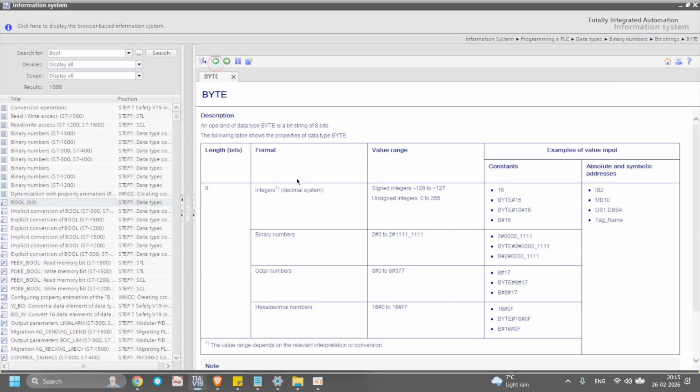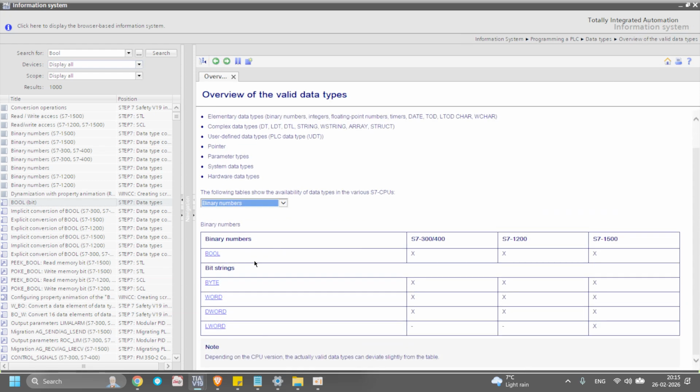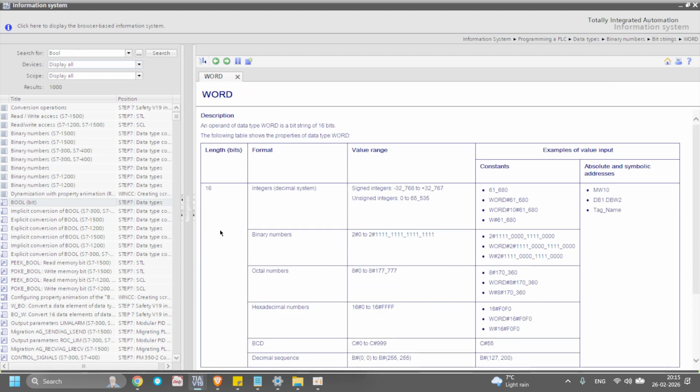If you are using the signed one, it will be minus 128 to plus 127. Unsigned means 0 to 255. Next, we go with word. Word has 16 bits, which is 2 bytes. So you can see it is 16 bits, 2 bytes. How we represent it: MW10, memory word 10.